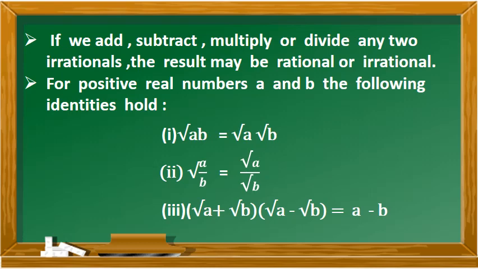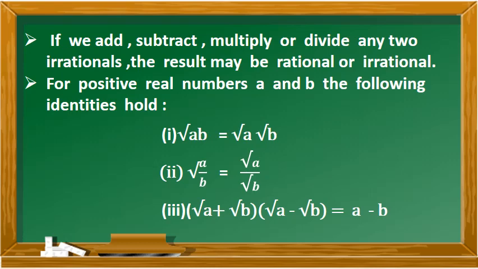Now next we will see an example with the product. Root 3 into root 3 is equal to root 9, which is 3. You are getting a rational number. We will see, while finding out the product, if you can get an irrational number also. 4 root 3 into root 5 is equal to 4 root 15. So what is that? 4 into an irrational number. You will be getting an irrational number only. So now we have proved that when you multiply or add or do whatever operations, as they've given you in the point, the result may be rational or irrational.